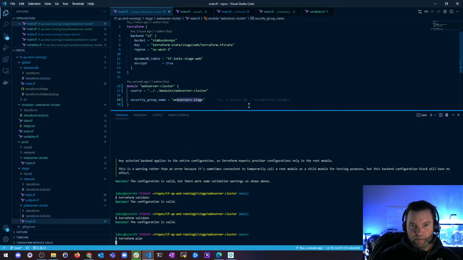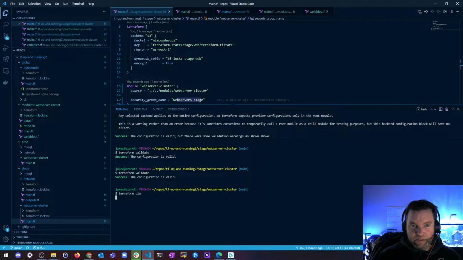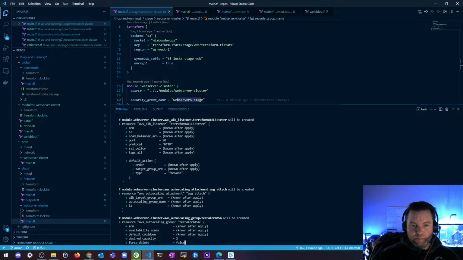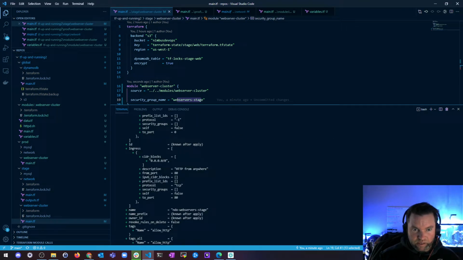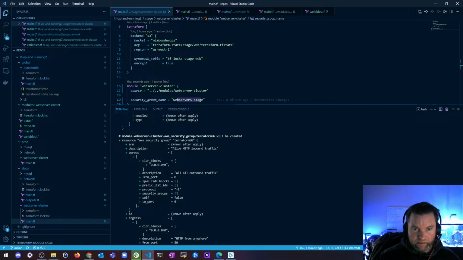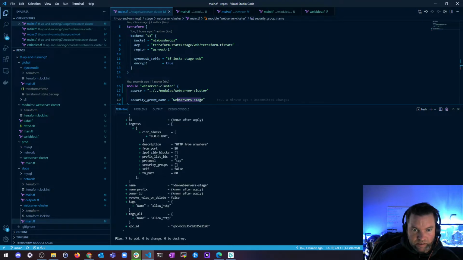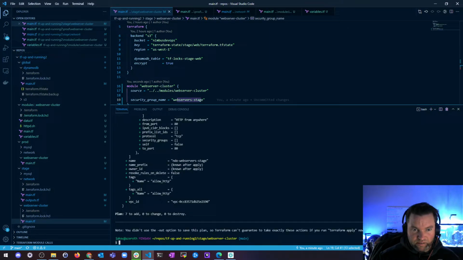My config's valid, but I don't know if there's any other errors. But we should see the name of the security group in the Terraform plan. So let's take a look here. So here's our security group, and we can see resource, security group, Terraform SG, ARN, egress, and so on. Name, NDO-web-servers-stage. Cool. So let's go change directories to prod,